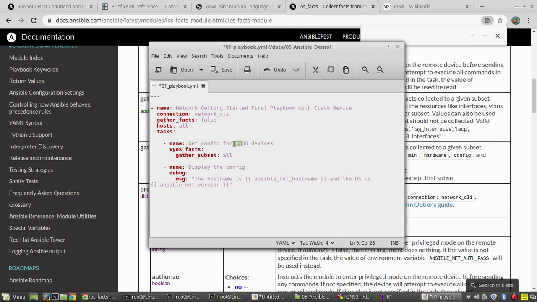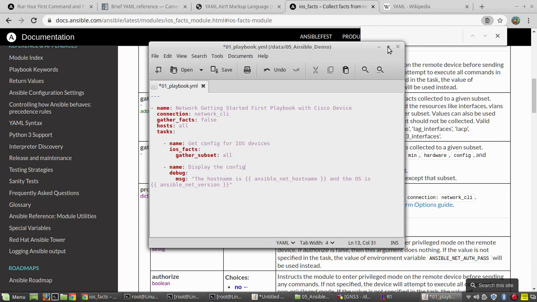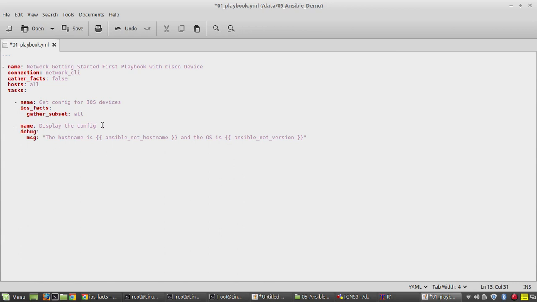So here I'll change to iOS device. Then the facts is going to be iOS facts. So here we are gathering all the subsets. Then from the output, if you see the previous output, it will be printing Ansible Net hostname and Ansible Net version.